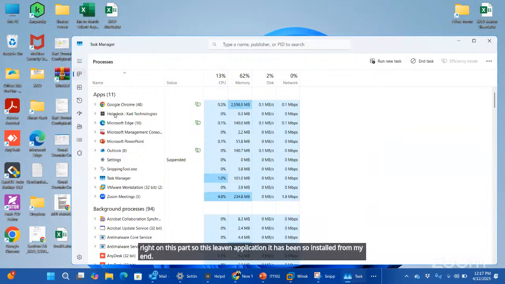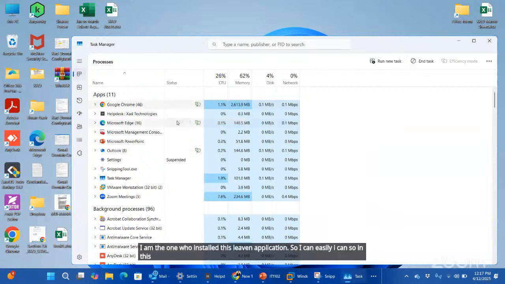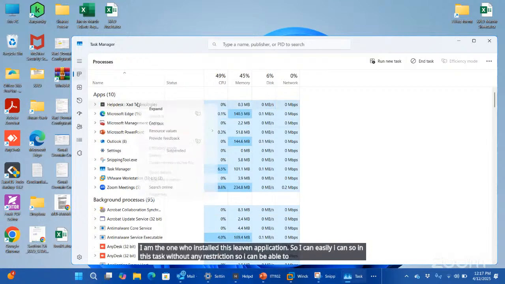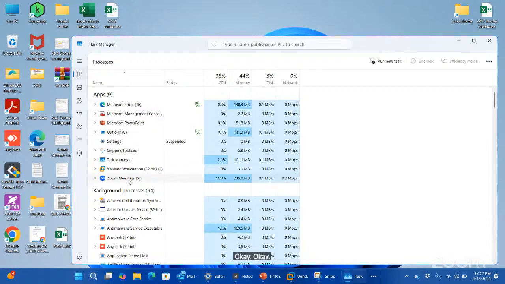I am the one who installed these 11 applications, so I can end this task without any restriction. Nothing will happen. I can close all these 9 or 11 applications.